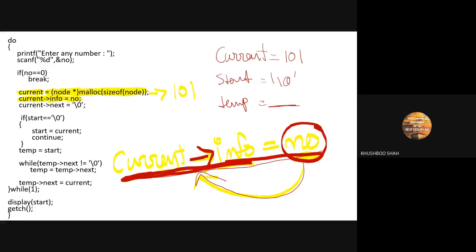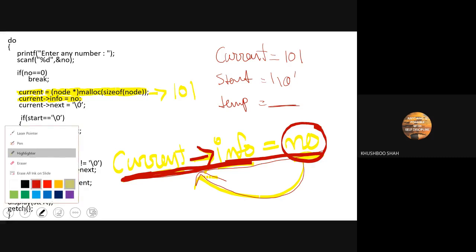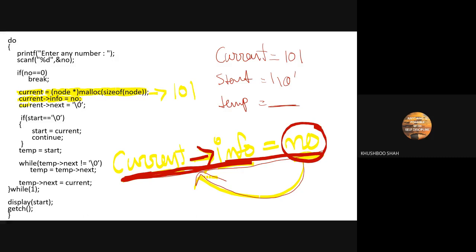After that, the next line: current next is equal to null. What are we doing? We are assigning null to the next.